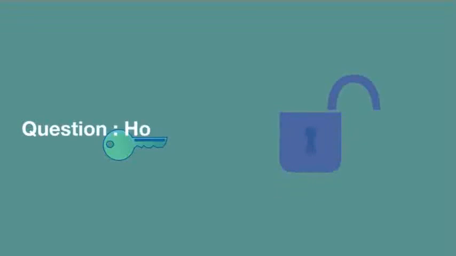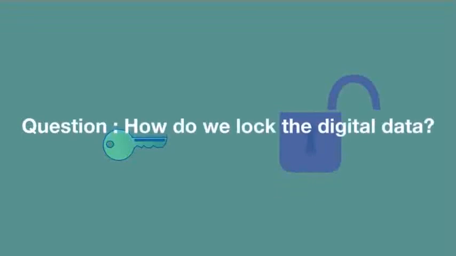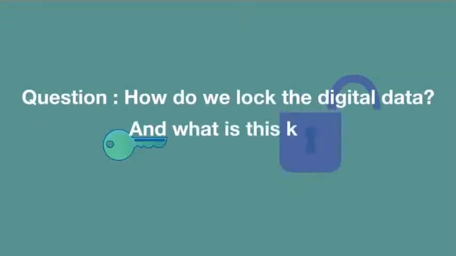This is the general theory of cryptography. Now the question arises, how do we lock digital data since we know it is not some physical thing and it is actually stored in a computer? And what is meant by a key? Is it a typical key we use to lock our doors or something like a digital key? Obviously we can't use a typical real life key to lock the digital data. We will want to use something which is digital and which can be stored and processed by the computers.